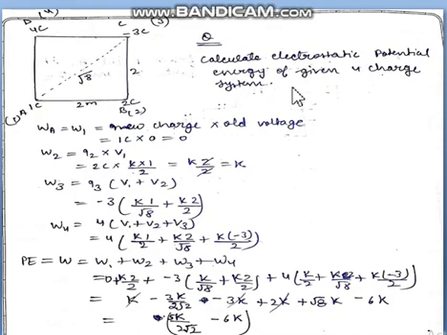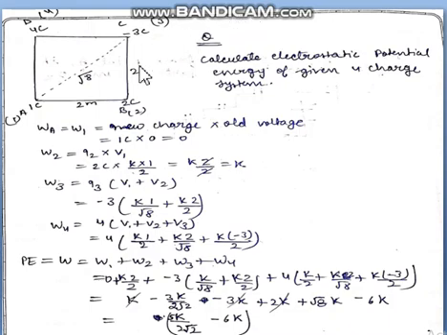So what is the procedure if a larger number of charges are given? Since the electrostatic potential energy is the total work done in bringing the charges from infinity to their respective locations, what we will do is assume that initially all the 4 charges are at infinity somewhere, and from infinity we will bring the charges one by one, and we will calculate the work every time. The work formula is new charge into old voltage. So let us start applying.